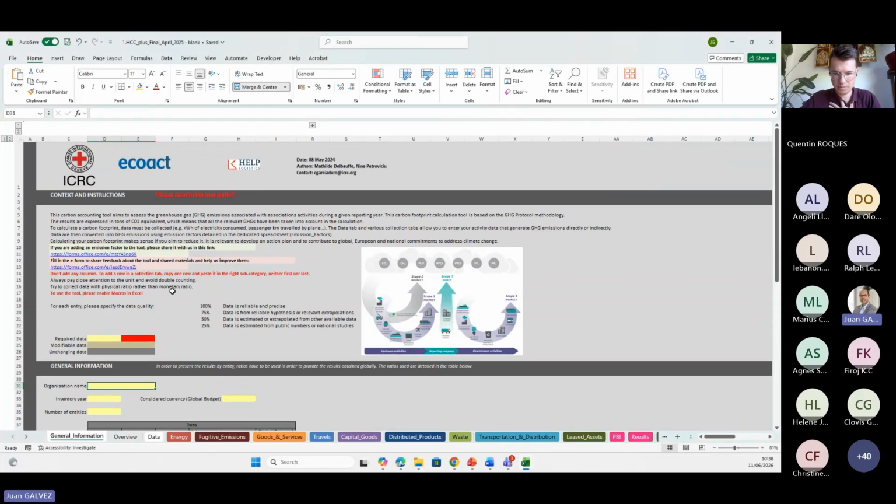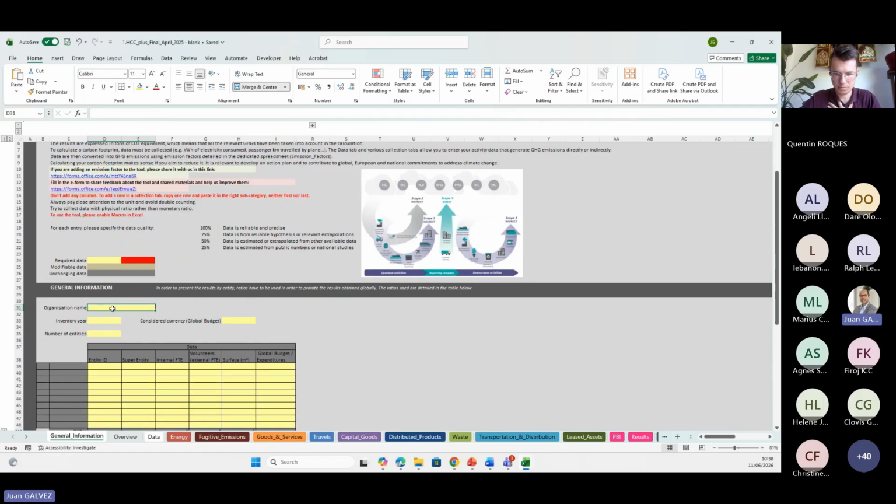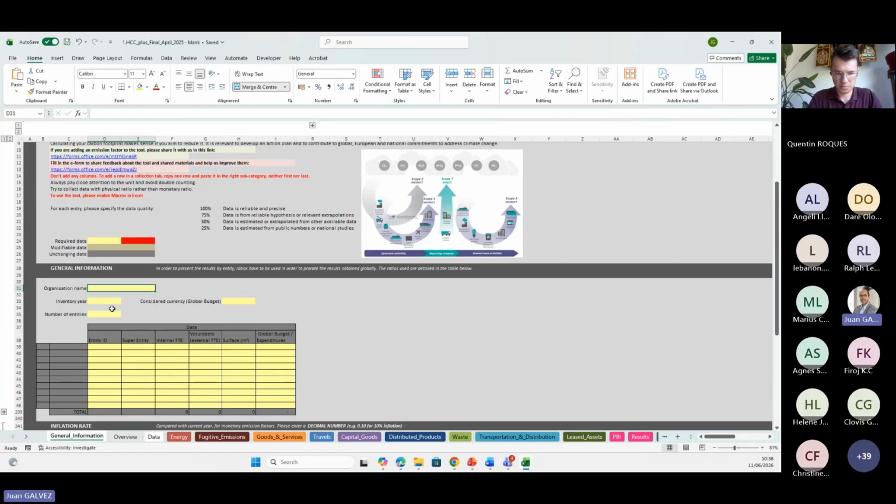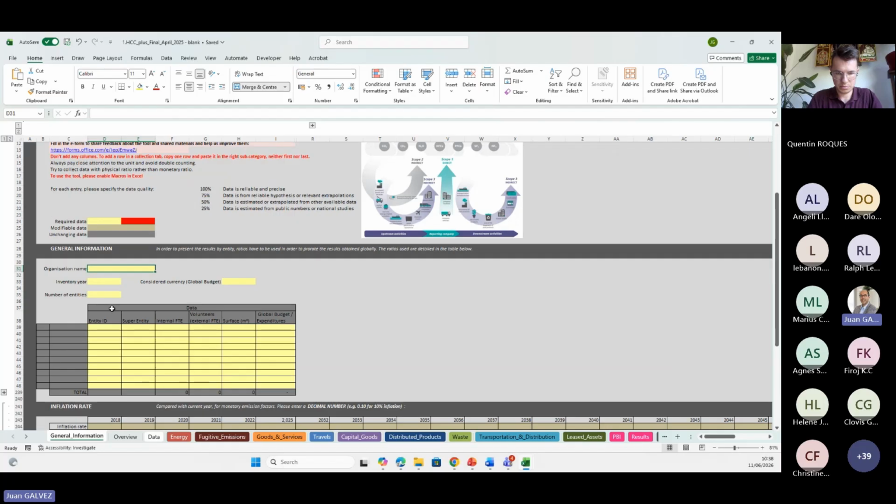On the top, you see the initial context and basic instructions. Also, I think it's important to highlight that together with the calculator, you have the user manual that explains in detail how to use the Excel. You can download it through the link that I left in the chat. It points to the Climate and Environmental Charter webpage. So let's put